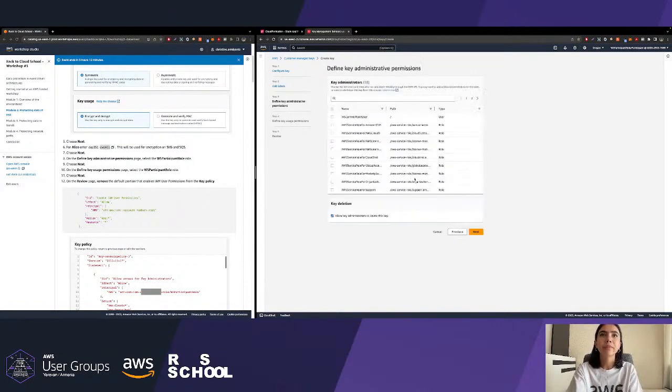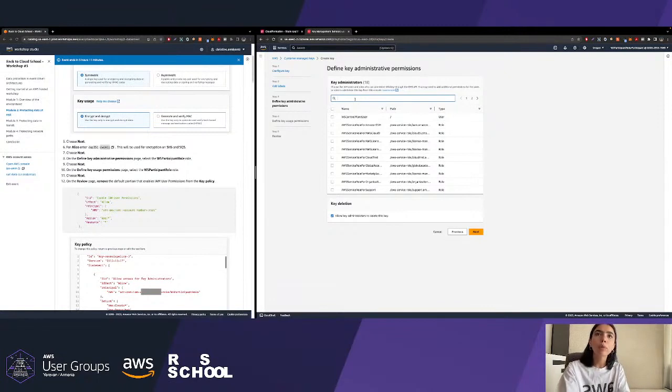button. Key administrators. Here are two permissions to be given to this key. First one is administrator permission, and the second one is the key usage permission. Okay, so we have two roles created for us for this workshop by AWS.